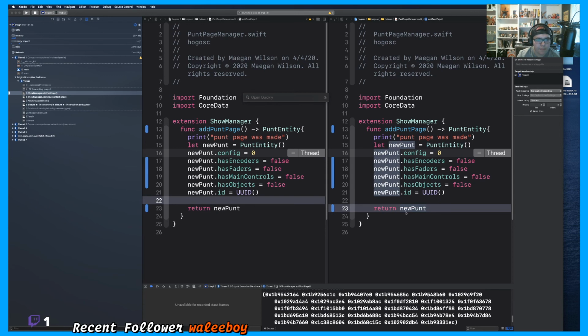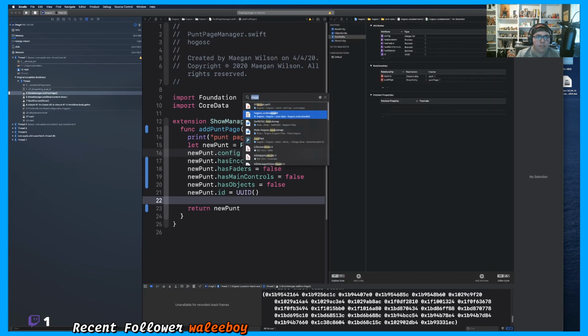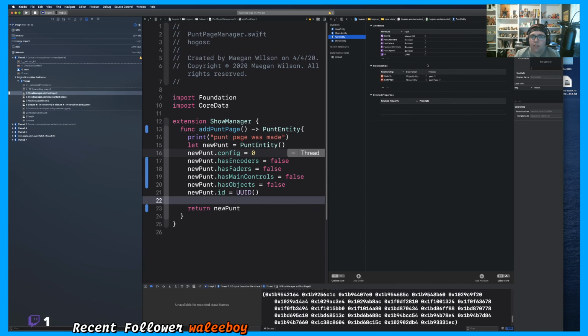What am I looking for? I am looking for a word. I need to open that model. There we go. So HogOSC punt entity. Let's see. Config 64. It has a